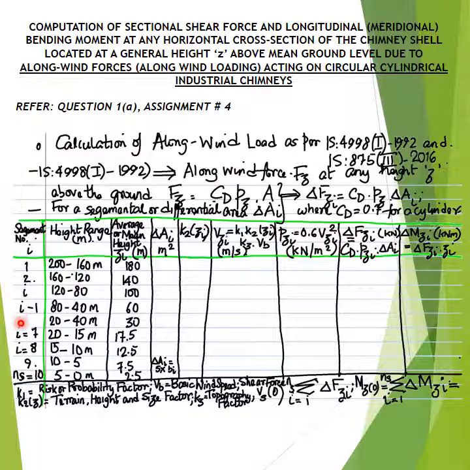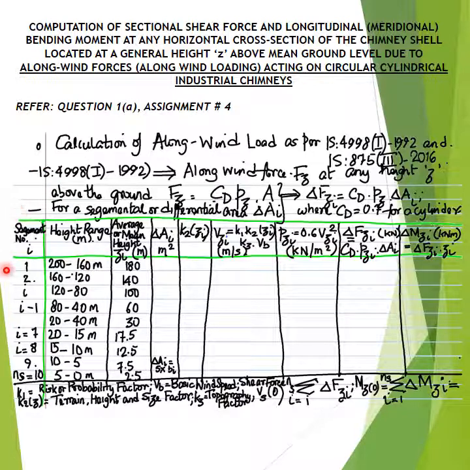Hence, with reference to the assignment question, that is the question presented in assignment number 4, the surface area of the industrial chimney under consideration in assignment number 4 may be discretized or subdivided into segmental areas, or the height, that is the overall or physical height of the industrial chimney that is considered in assignment number 4